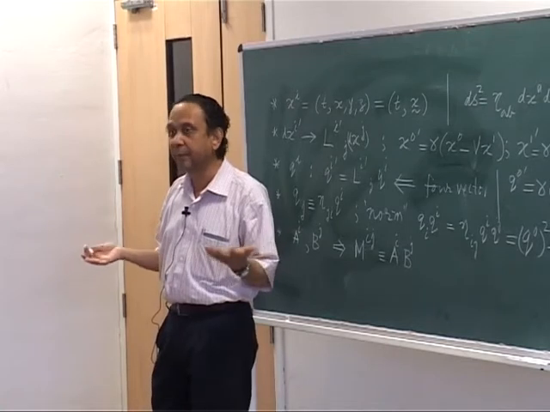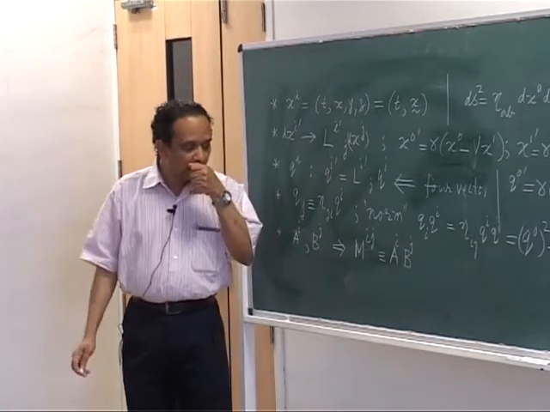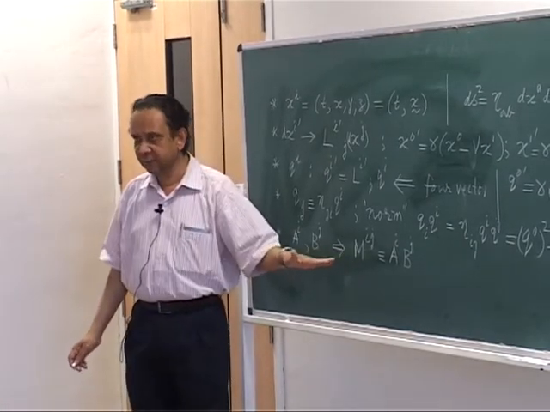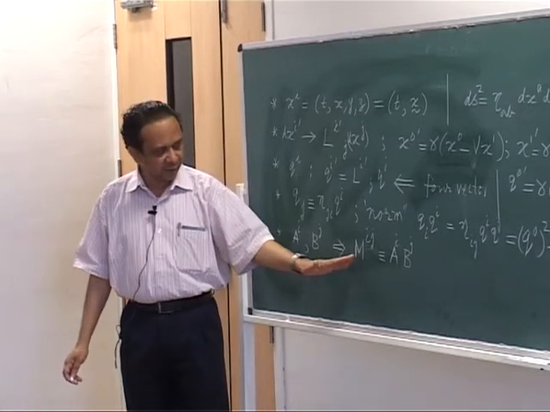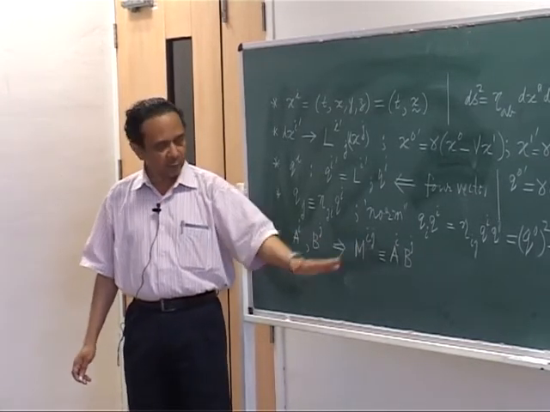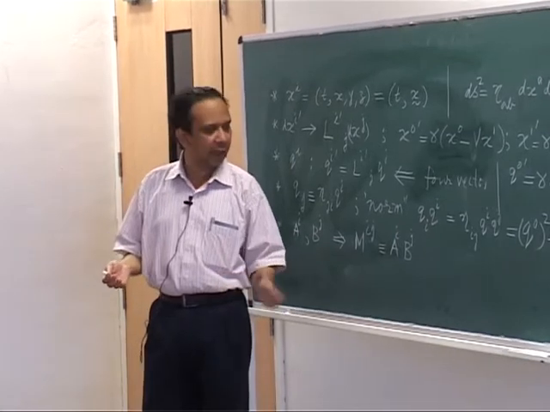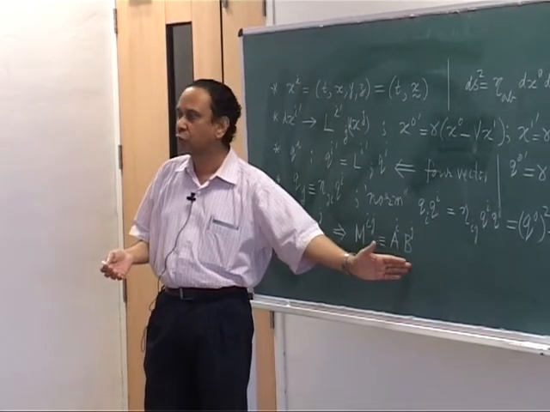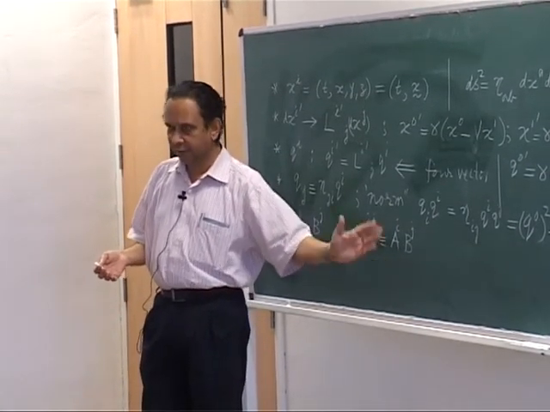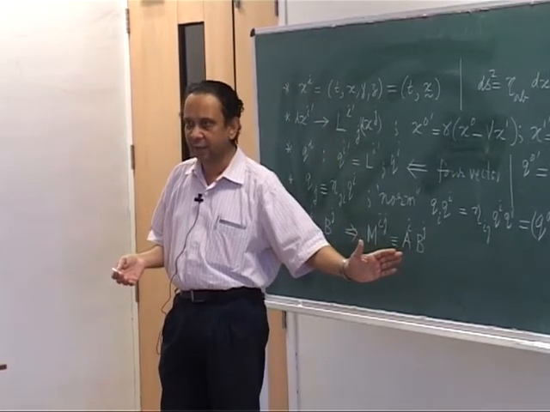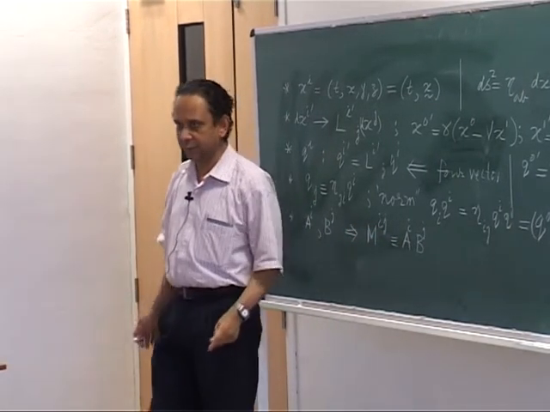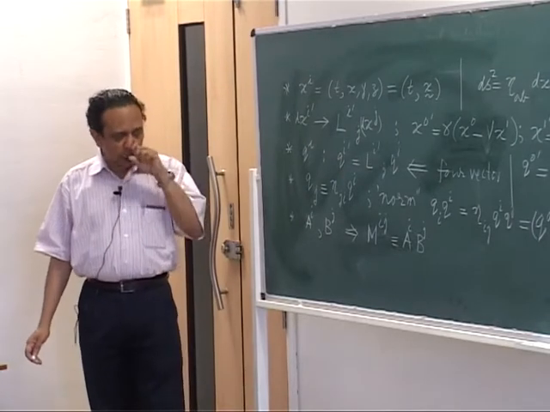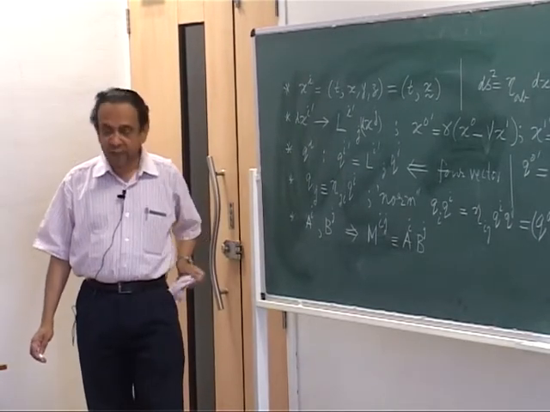This is a very special kind of an object. If you think of it as a matrix, not every matrix can be written as a product of 2 vectors. So, in that sense it is a very special kind of a matrix, but nevertheless it is a matrix. We can now ask, if I go from one primed frame to another,